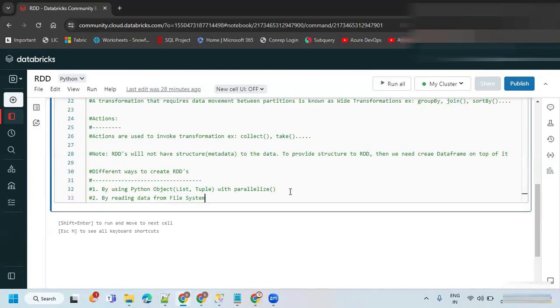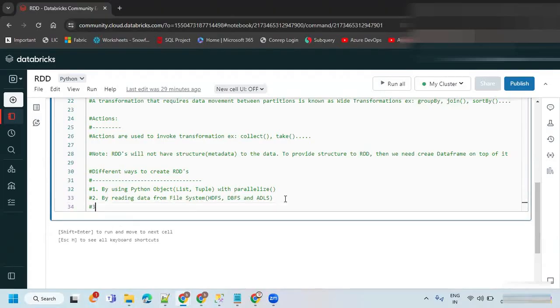I'm giving in brackets HDFS, DBFS and ADLS, or any other cloud storage systems. HDFS is out of scope because we are not going to touch it. If you know the path, you can read the data from there and create an RDD. So this is the second way.